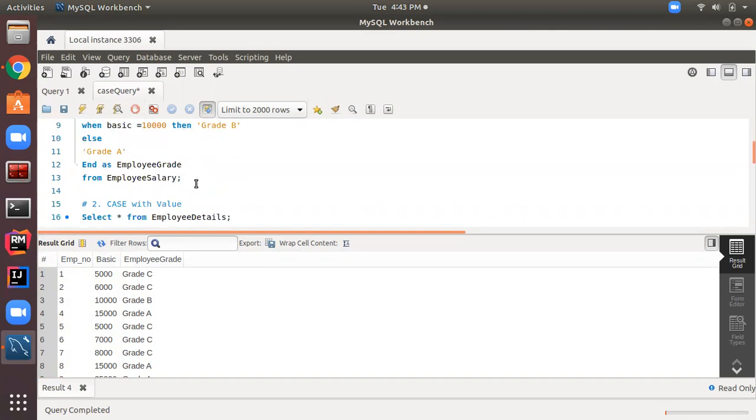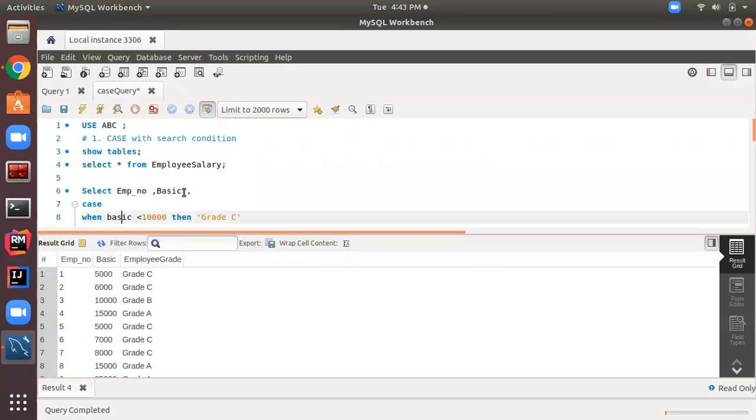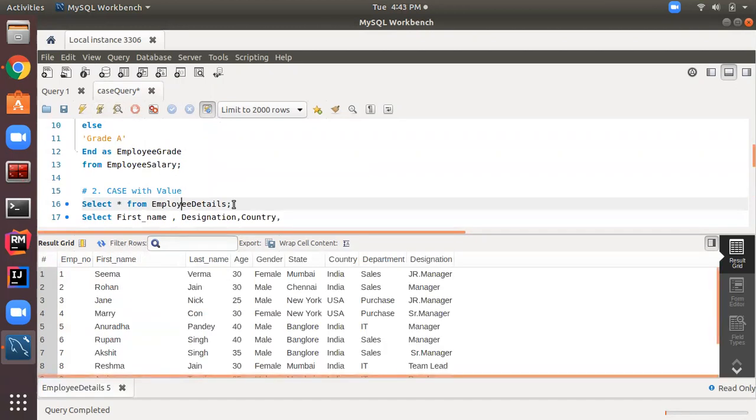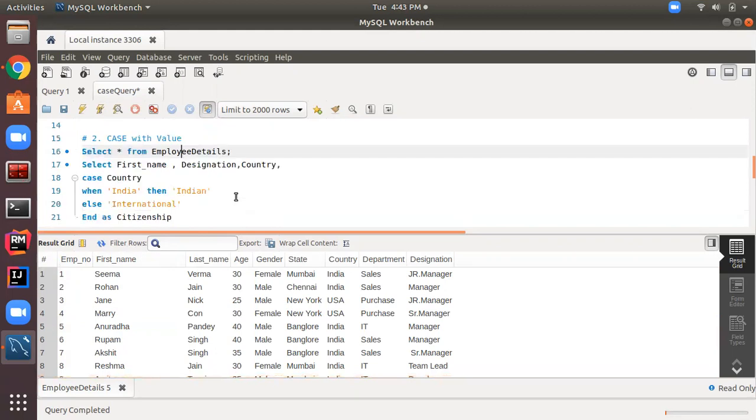case with value. Sometimes we directly give a value instead of a condition. Here you can see we are giving the condition, but in the second method we are directly giving the values. Let's suppose, let's see the employee detail table first. This is the employee detail table, and based on the country, I want to display the citizenship as Indian or international.